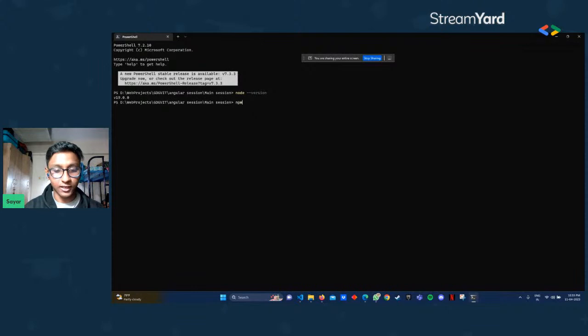And then you can also check if you have npm installed. You can write npm --version, which will give you a version number again, which is not going to be equal to the Node version. They are separate, but it will also give you a version. It will not give any error. If it is giving some error, that means that Node is not installed properly or